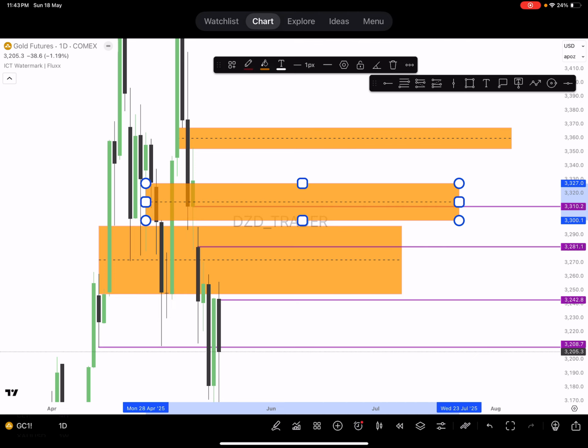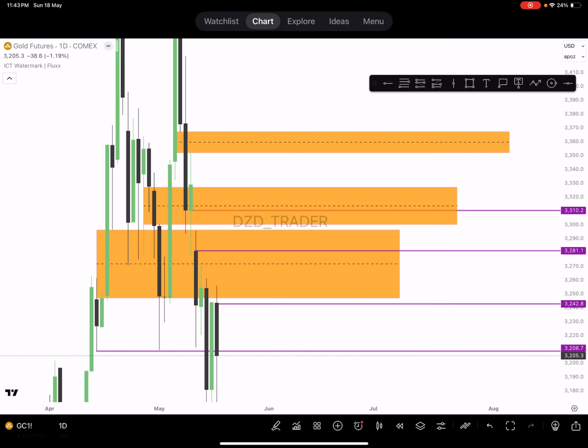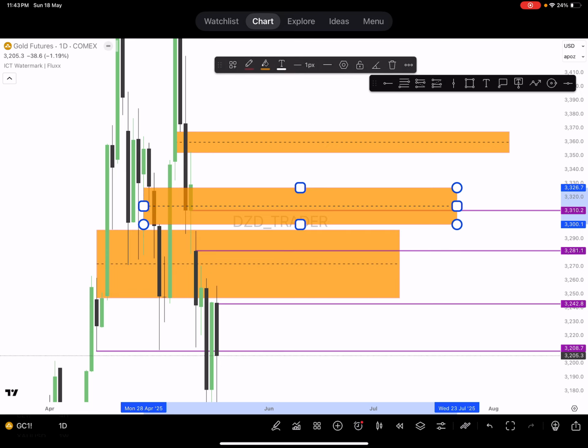So that's also a fair value gap that we need to consider, right? There's a gap between the bodies, okay? There's a gap in the body here, it's not filled. So I take it from the body here, okay? This is the first fair value gap from this movement downwards, and this is the first fair value gap from